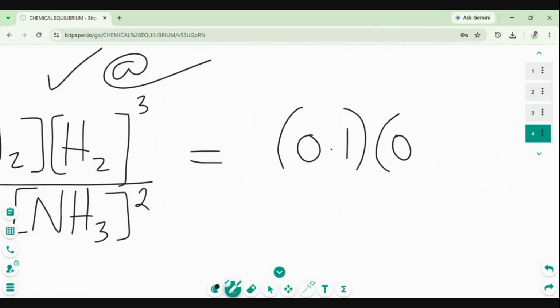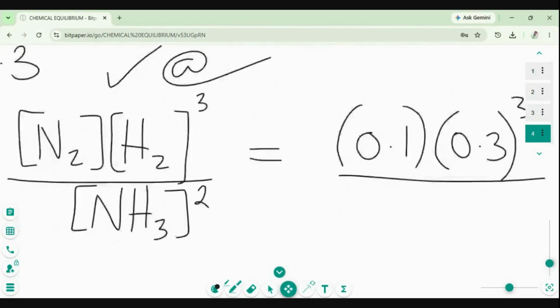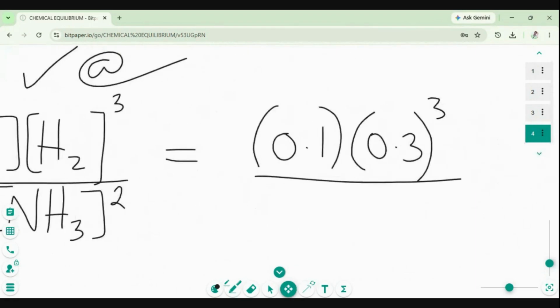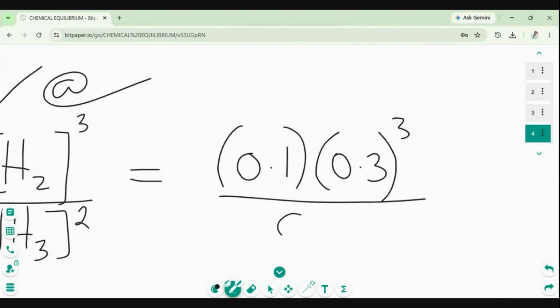Times 0.3 cubed divided by the one of ammonia is 0.4, and this is squared. Okay, so speaking in terms of calculation, what will that give you? 0.1 times 0.3 cubed. That will give you